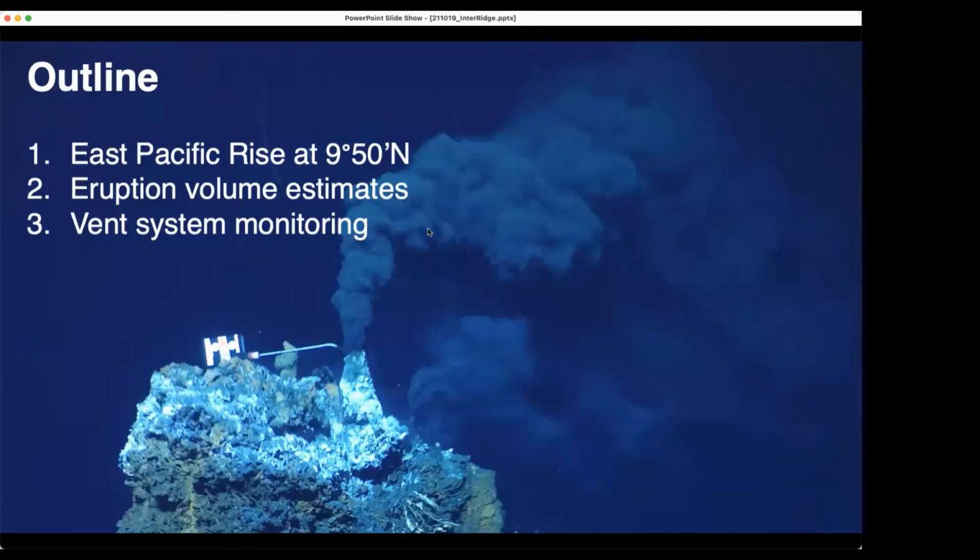So to begin with, I'm going to tell you a bit about the 9°50' North segment, which I suspect quite a few of you here know already quite a lot about, but hopefully this will be a little refresher. And then we're going to spend most of our time working out methods to calculate an accurate estimate of the volume that was erupted in